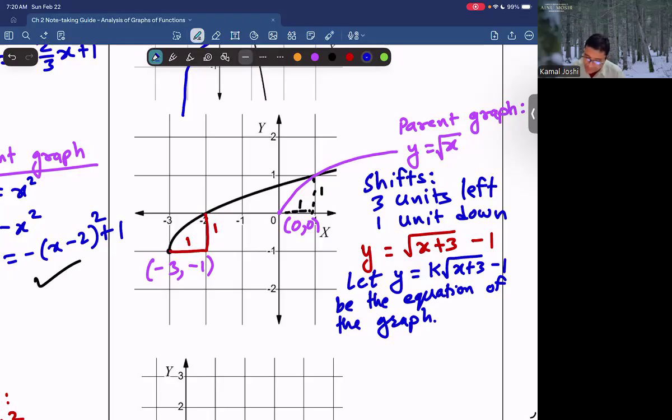Okay. Now take a test point and plug in. Plug in any one of the points. Okay. Let me choose